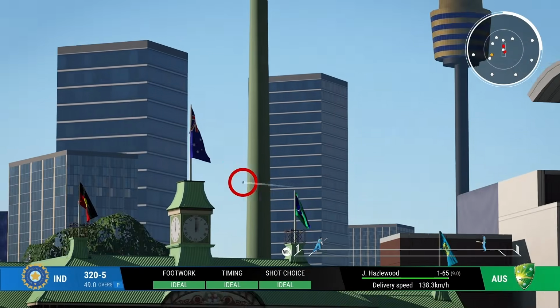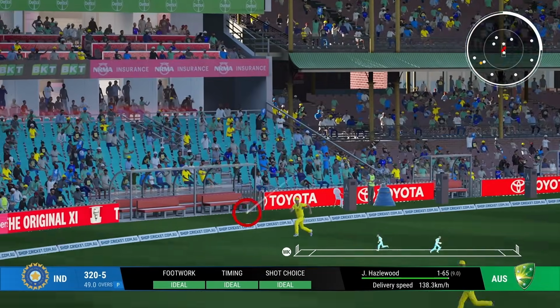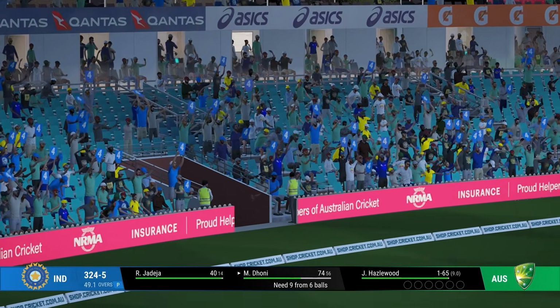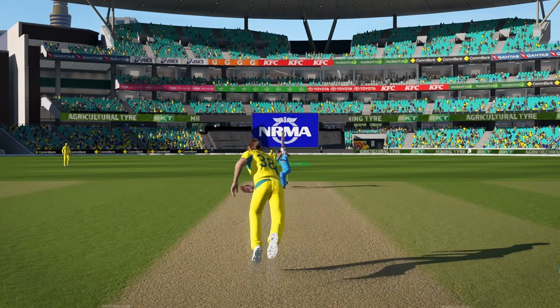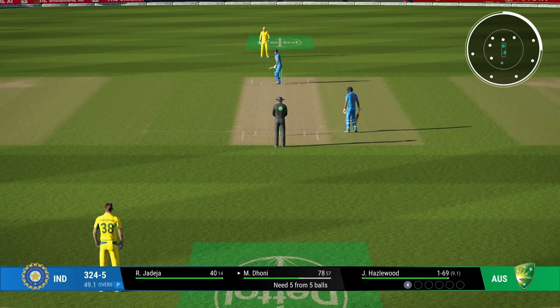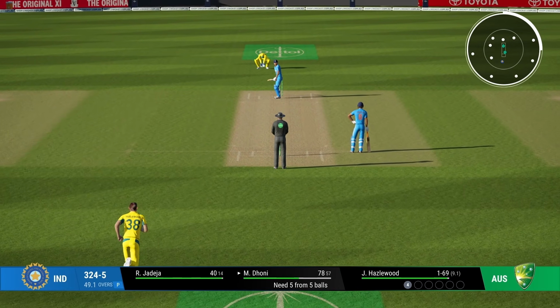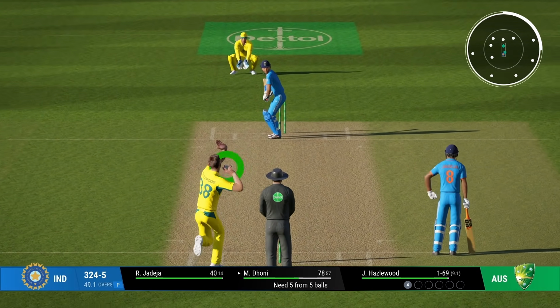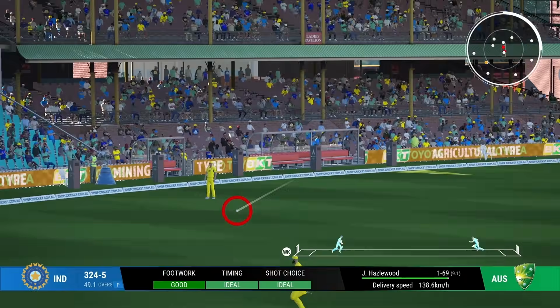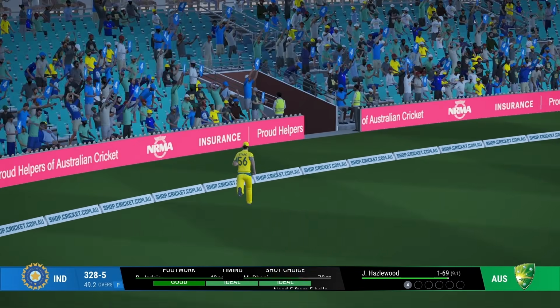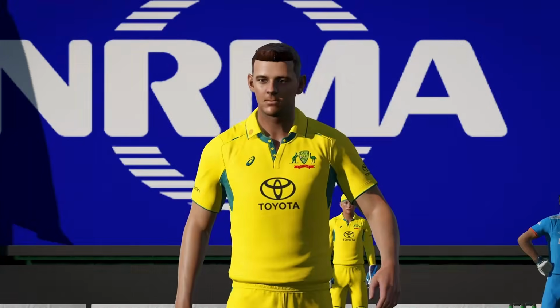Good length. Good length. Swung through the line. 1 bounce 4. Now we need 5 of 5. We can do this by taking singles, but I think we should be able to score at least 1 boundary in 5 balls. That's hit. Another length ball. I knew where he's going to bowl. And this is just a little too predictable. 2 4s. Now we just need 1.